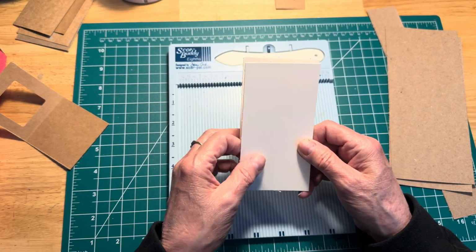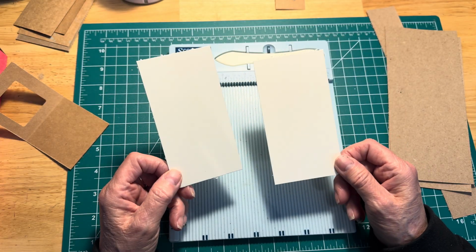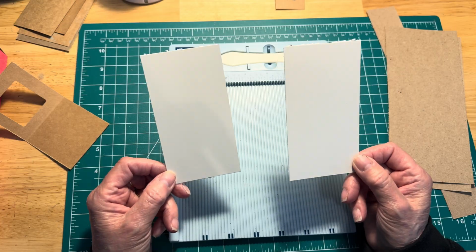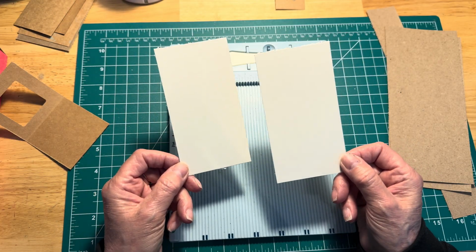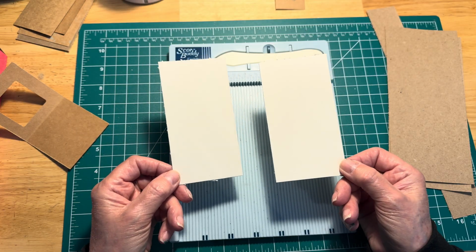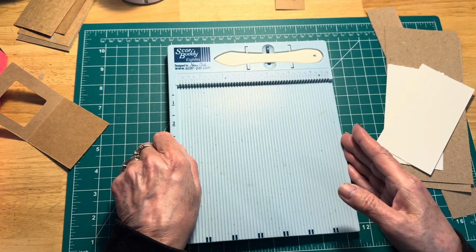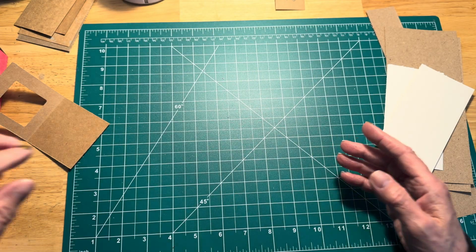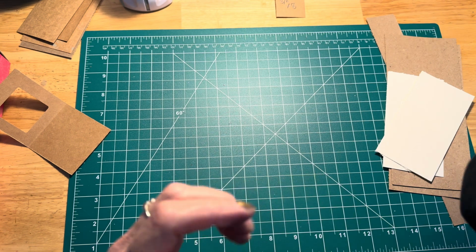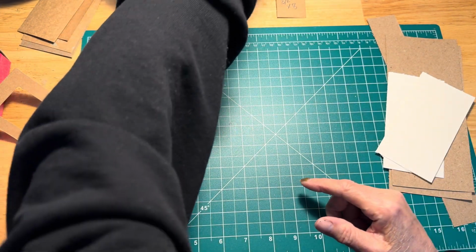And I have cut 2 pieces of cardstock at 2 5/8 by 5. Now, you may be wondering how I came up with this odd measurement of 2 5/8 by 5. The way that I figured out how big my paper needed to be, and I'm just trying to get a little bit more light here. Okay, the way that I figured that out,